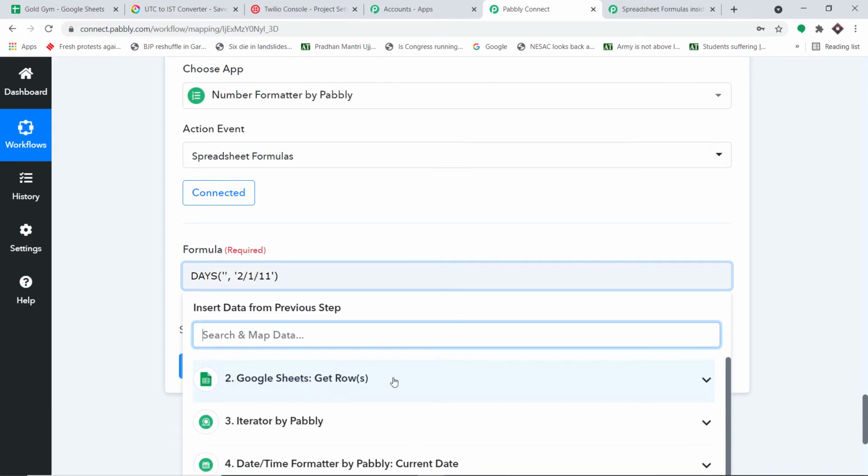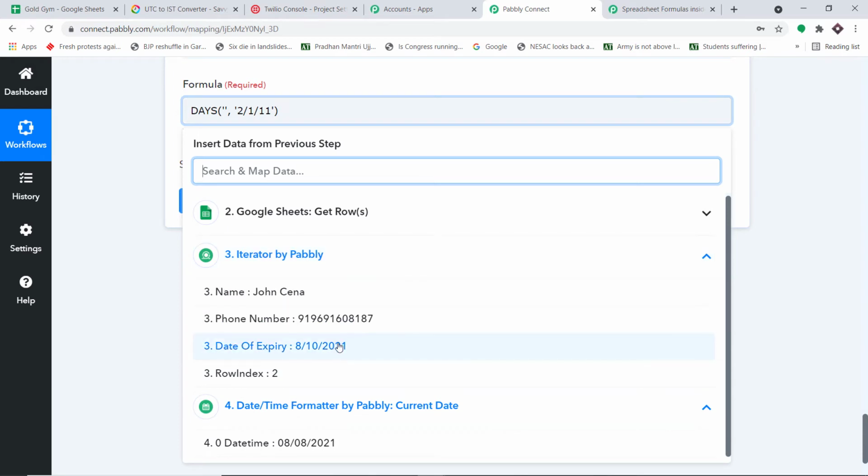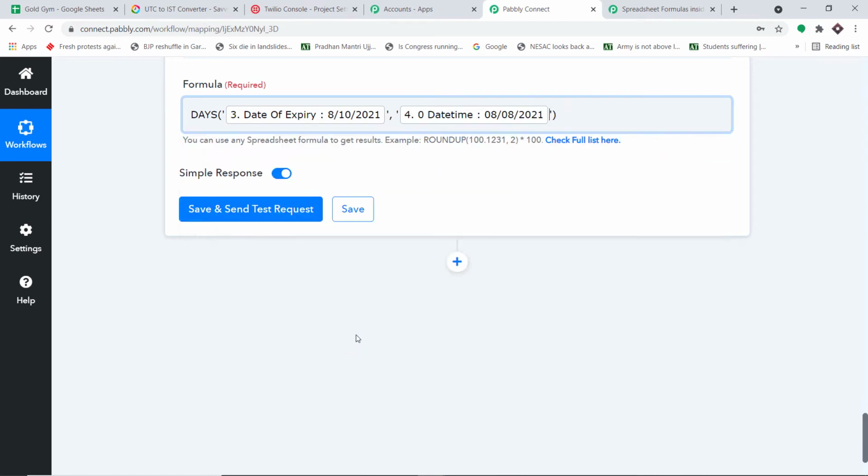Now the expiry date of the first guy was, let's go with this one. Oh, I'm sorry, the first guy was 10th of August 2021. This is the expiry date. Now using this formula, this will get subtracted. So let me just add the current date. So this is how you get the current date, that is 8th of August 2021. Now we have established the expiry date, that is 10th of August 2021. We have also established the current date, that is 8th of August 2021. Now if we subtract this, the result will be 2 days.